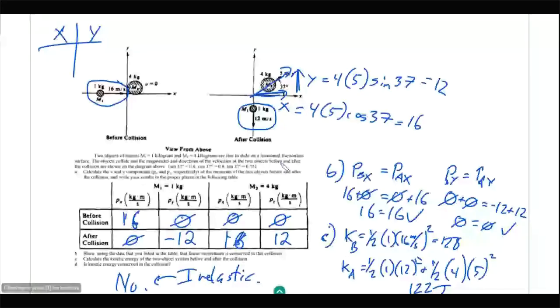Carol, how do I know energy is not conserved in this case? I know it's not conserved because I got my total energy before the collision to be 128 joules, and afterwards it's 122 joules. They are not the same number, so we do not have a conservation of kinetic energy. Therefore, it's an inelastic collision. Total energy, if we look at the entire objects, overall it's conserved, but that energy goes into heat or thermal or sound or something like that we just don't keep track of. So when we say inelastic or elastic, we're talking about just kinetic energy being conserved, and that's why it's inelastic in this case.